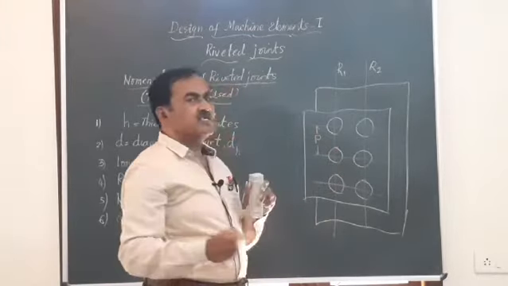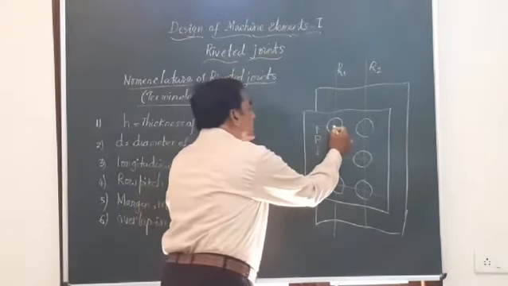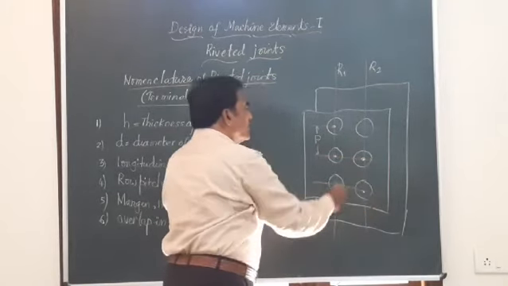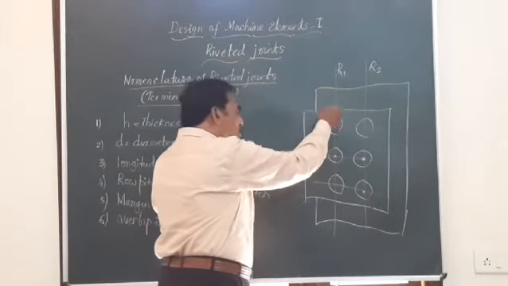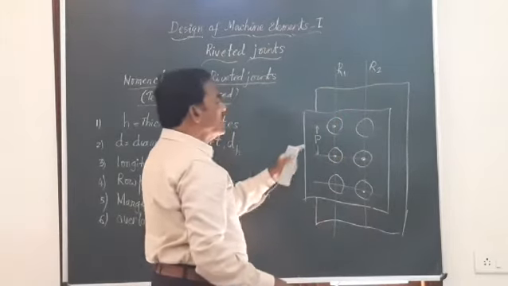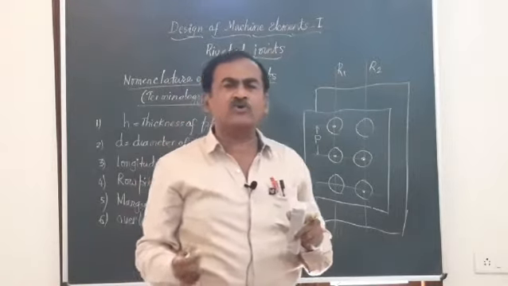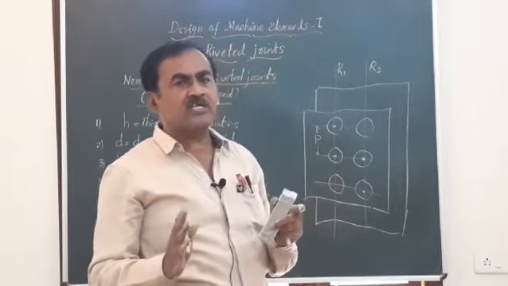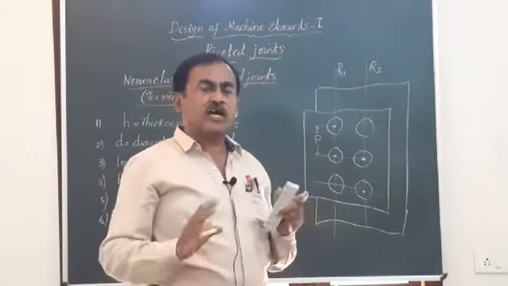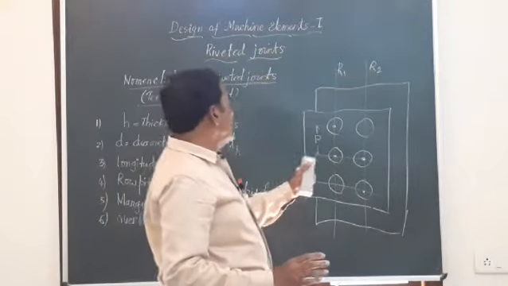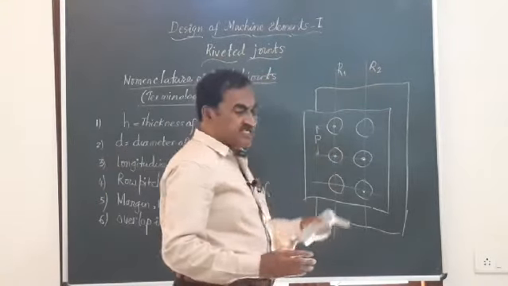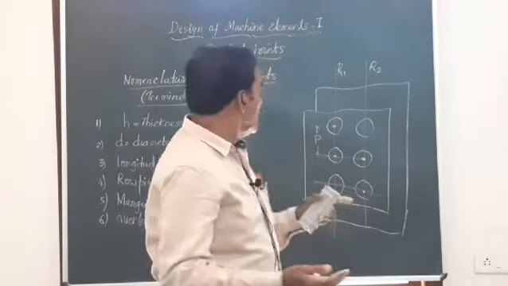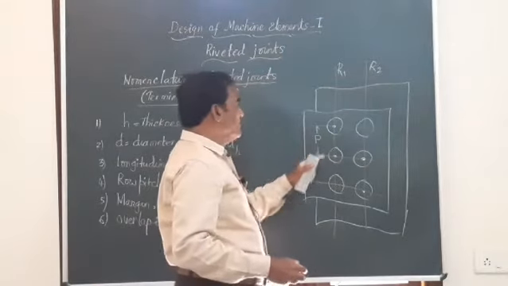This pitch is the distance between any 2 adjacent rivets. So this is also called pitch. The longitudinal pitch is the pitch along the length of the row, and this is generally equal to 3 times the diameter of the rivet. But for accurate calculations in the design procedure, we are going to equate the strength of the perforated plate with that of the solid plate, and find out what this should be. Friends,